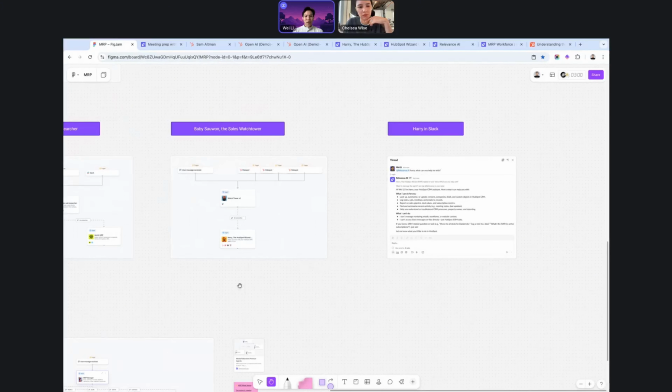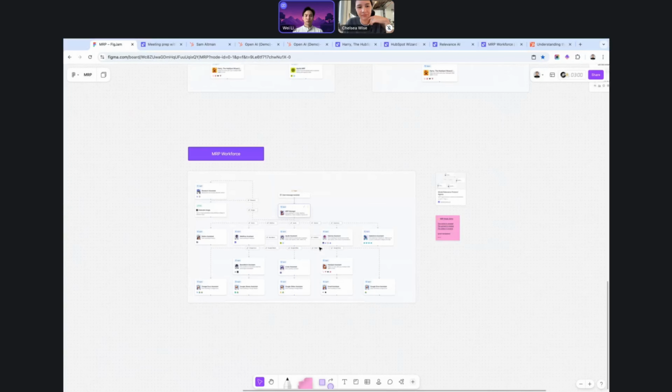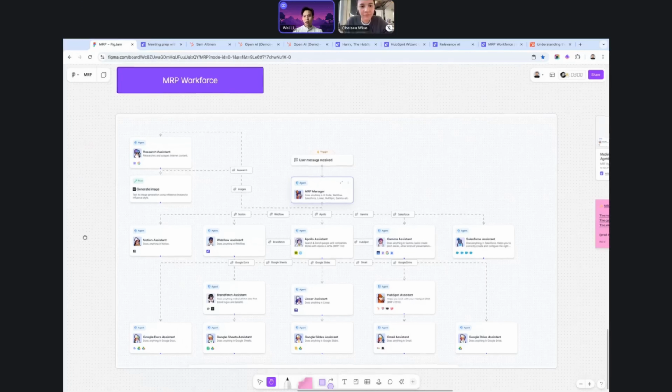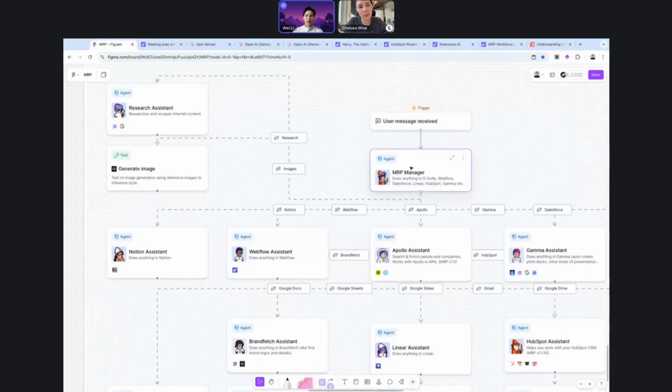Okay, we have about 10 or so minutes left, and I would love to show this final example to everyone. We've been talking about HubSpot, CRMs, and Harry and MRPs for a while, but this is actually just a design concept. The same principles can be applied to any system that exists. And here's one that is absolutely massive and in a lot of ways is impractical, but it's a thought experiment. What if we connected a bunch of MRPs to one manager and it's able to do all these different things?